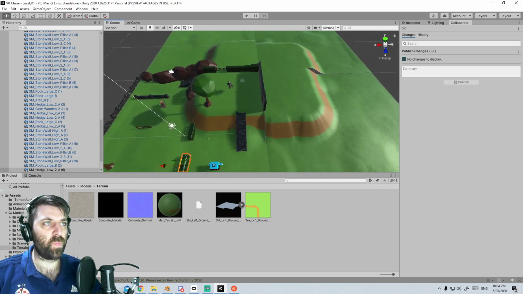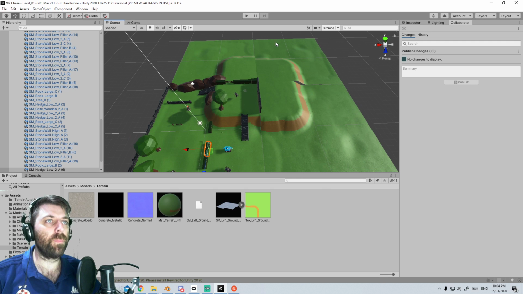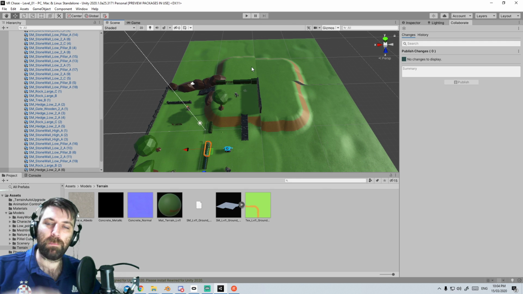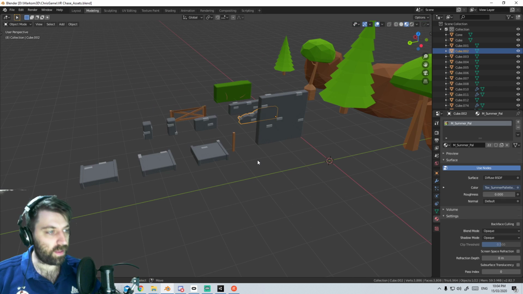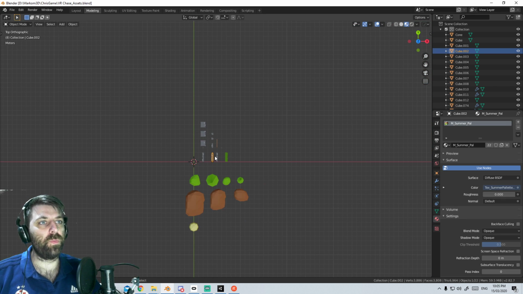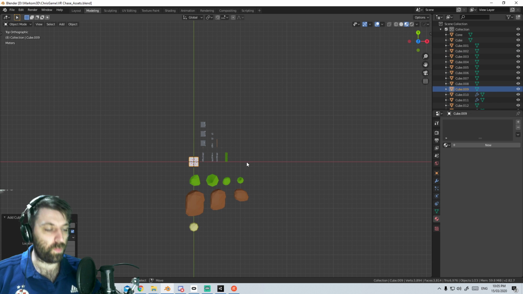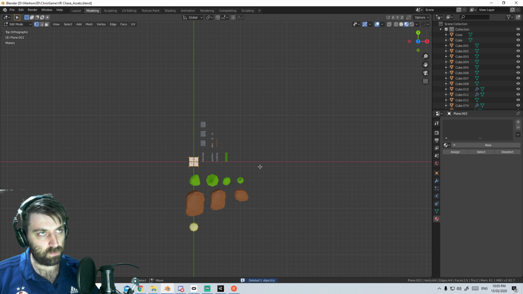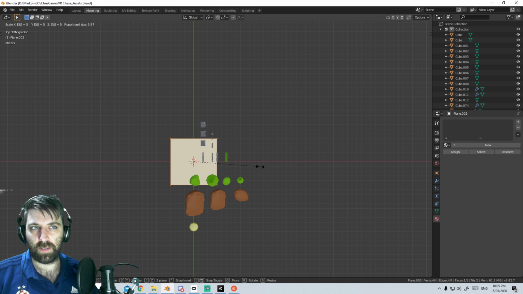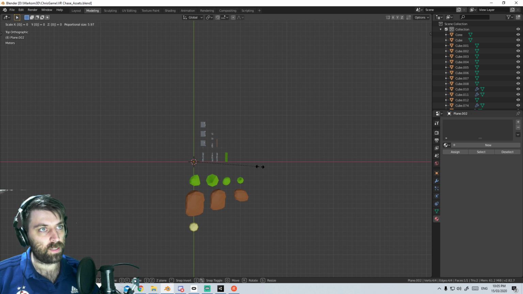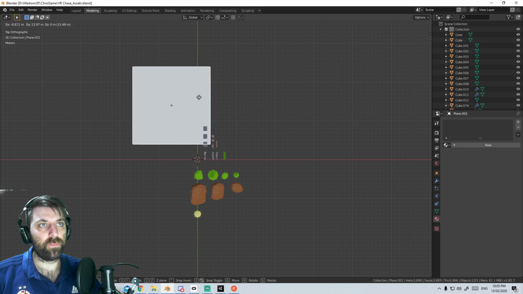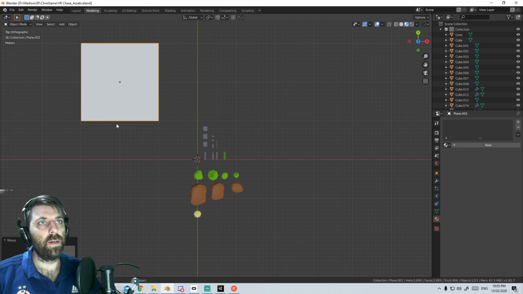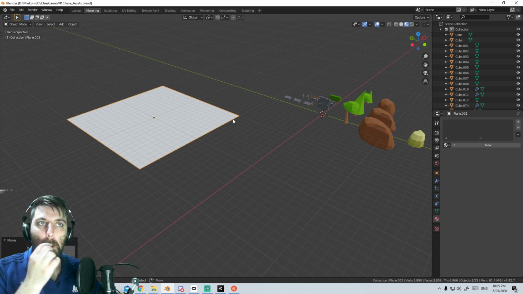So we're going to be expanding this world to make it a little bit bigger. So what we need to do is actually make some modular tiles. And the best size for that will be Shift A. Nope, not a cube. Shift A, add in a plane, scale, S5? Nope. 10. So a 20 by 20. So this will be our